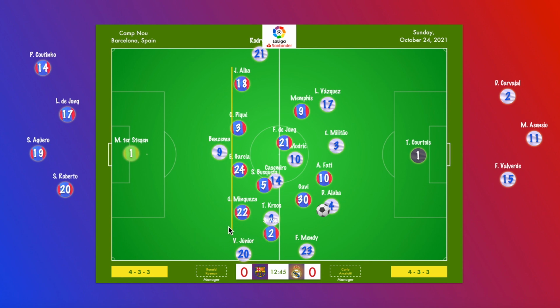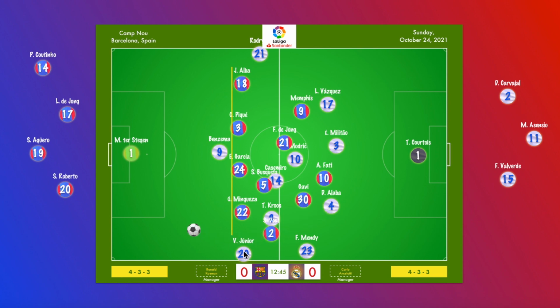So before Alaba launches his left-footed pass, Benzema is just offside, with Piqué being the furthest man back for Barcelona. So where Piqué is, is where the offside line starts. Vinicius Jr. and Rodrigo are touching their respective touchlines to provide width, and Alaba notices this, and he picks up on the fact that Mingueza is tracking and cheating a little bit closer to Garcia, meaning Barcelona are a little bit narrow. So that becomes the opening shot across the bow for Madrid,